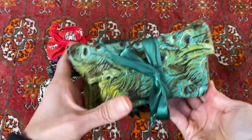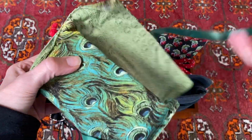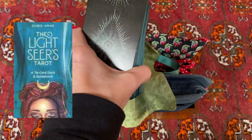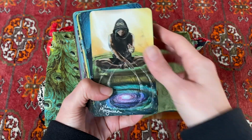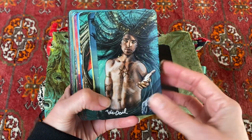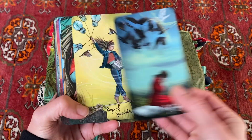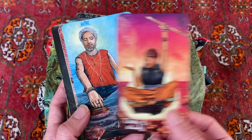Behind that, this one's probably going to make everyone laugh and roll eyes, because I'm sure everyone's so over it, but I'm sorry, I still like the Light Seers. I find I'm not using it as much as I used to, but I still like it. I still think it's beautiful. I always felt a little old maybe for it, when I see these young free spirits, very boho, and there are some older ages depicted in here too, but regardless,